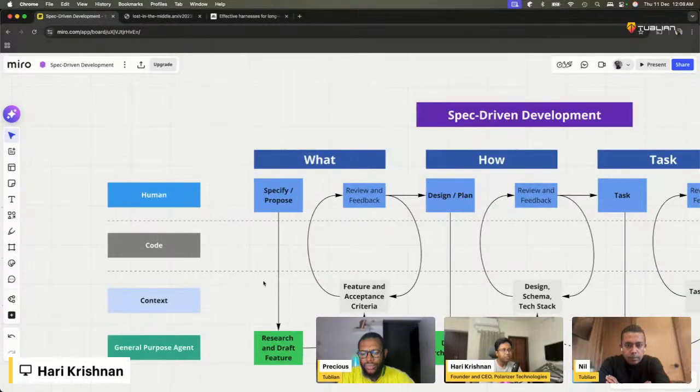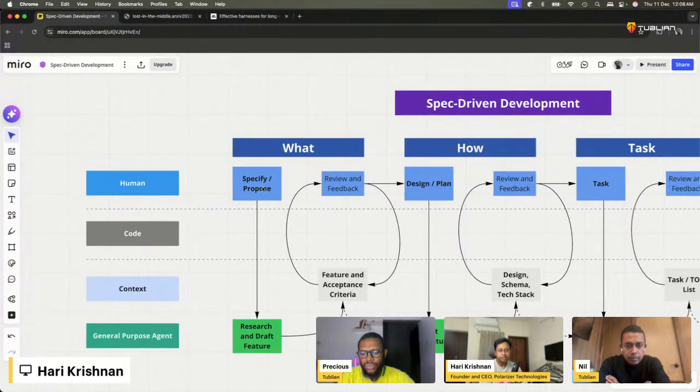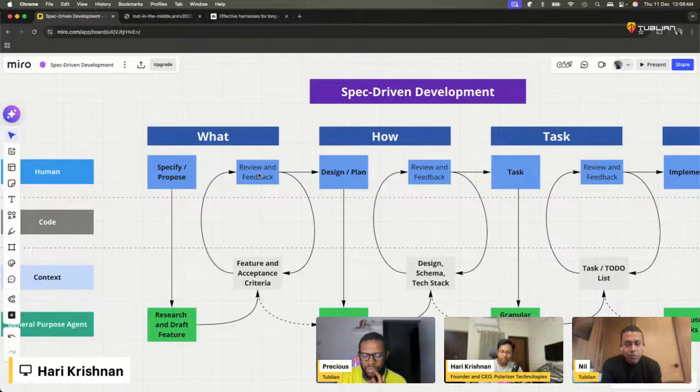Usually, as a human, I would propose a feature, or specify a feature I want to build, and that gets drafted into a user story format with acceptance criteria. Generally what LLMs love, or rather what's good to do, is to have a validation checkpoint after the task is done to see if it is done to your satisfaction. It's almost like building up a series of failing tests which the LLM can go and mark done. So what happens is I first create that acceptance criteria. At this point I'm building the domain knowledge. So that's the what. I'm not talking about implementation. I'm just saying what needs to be built. And then once I'm happy with that plan